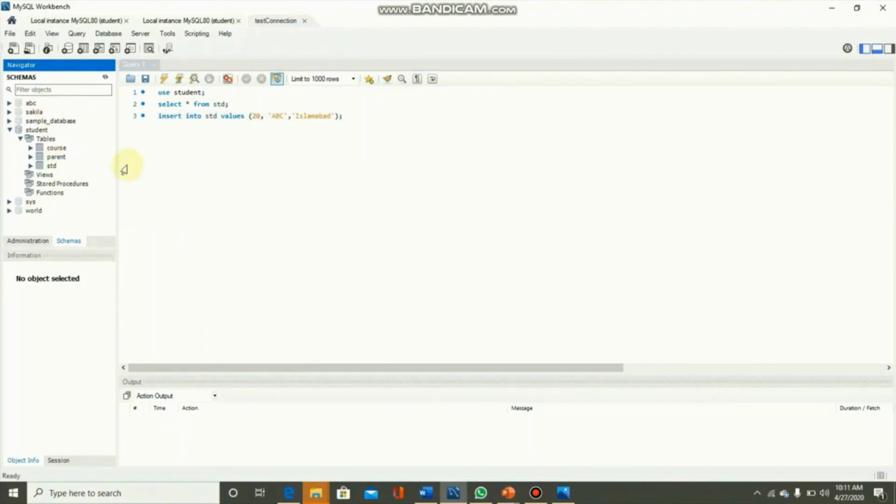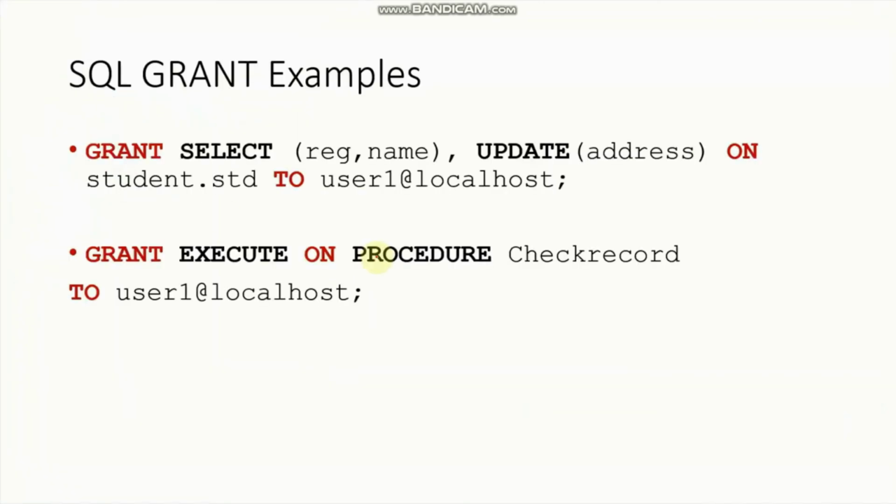Here we have the student database. Inside we have a table std, and inside std we have 3 columns. Suppose we want to give some privileges on these attributes. Let's say I'm giving select privilege on 2 of these attributes and insert or update privilege on 1 of these attributes. For that purpose we must specify the column names inside the table.